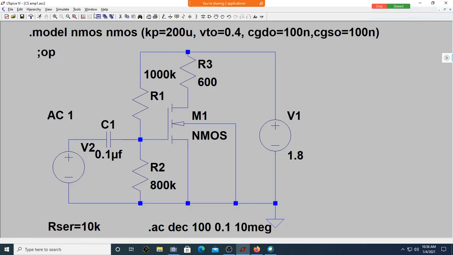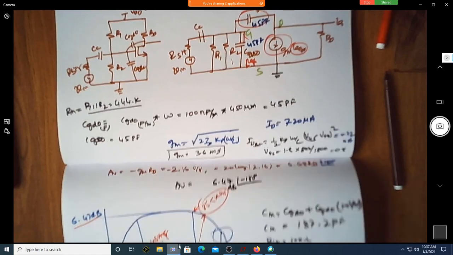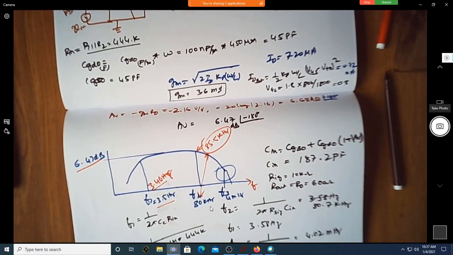What is the impact overall? What was the frequency when it was 10 micro and 450 micro as the length and width? You had F1, F1 was 3 point something hertz, F2 was 80 kilohertz, 80 or 85, which may change. Suppose if I just go back to this, so you had 3.5, 80 and 4 megahertz.